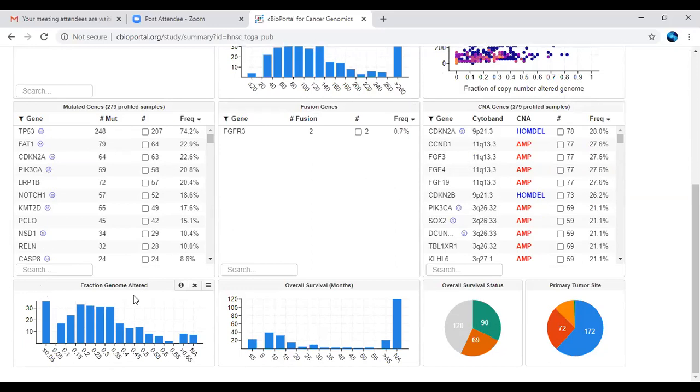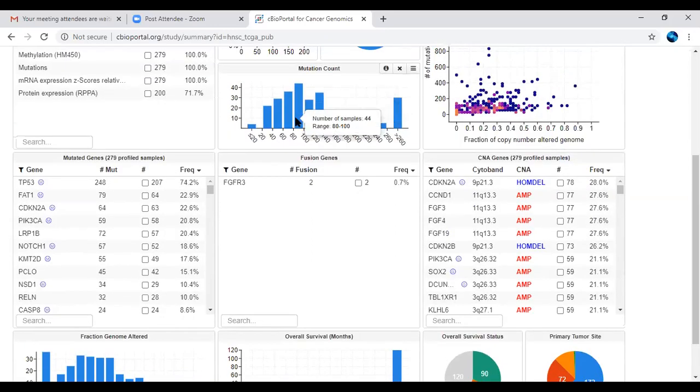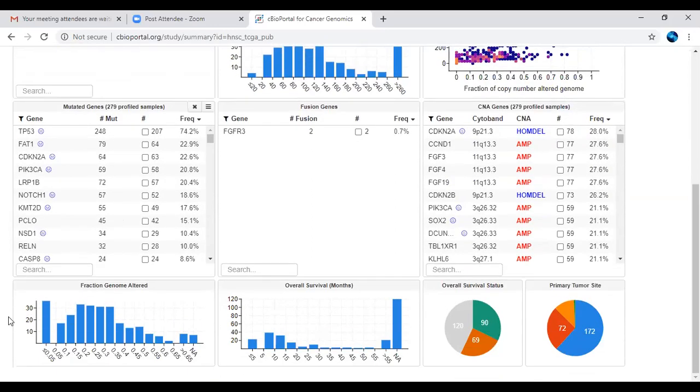And these are nothing but the fraction of genome alterations, how the genome mutation count we have seen with respect to samples. Here the mutation count with respect to